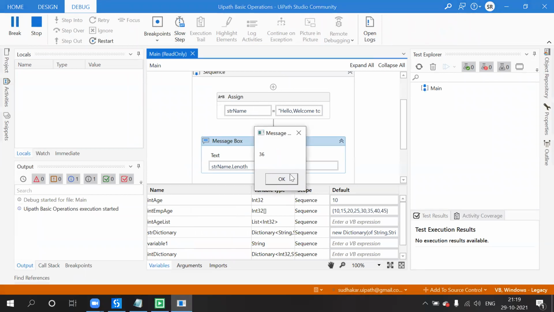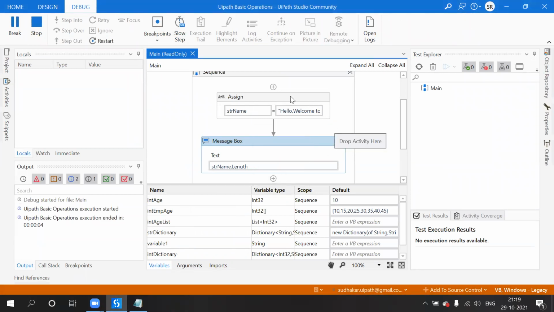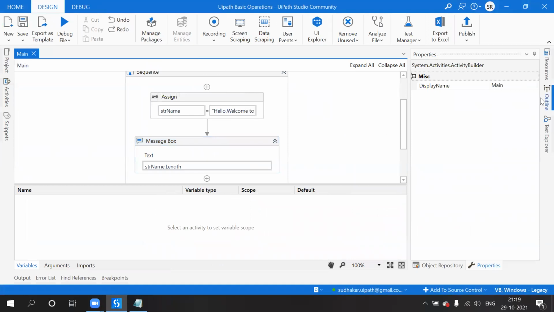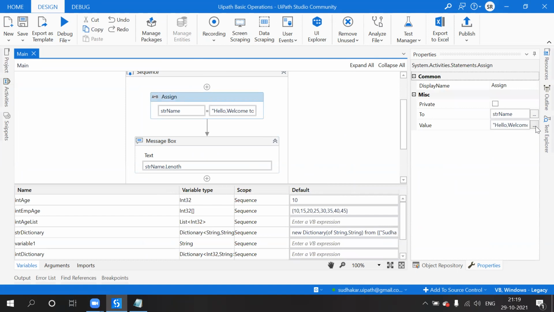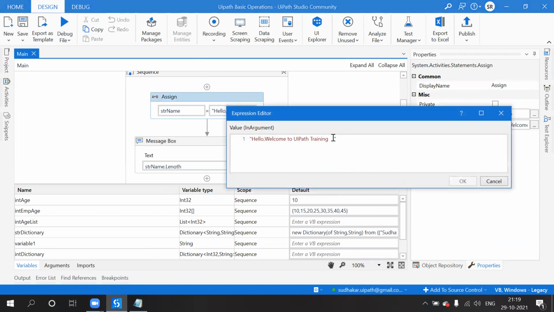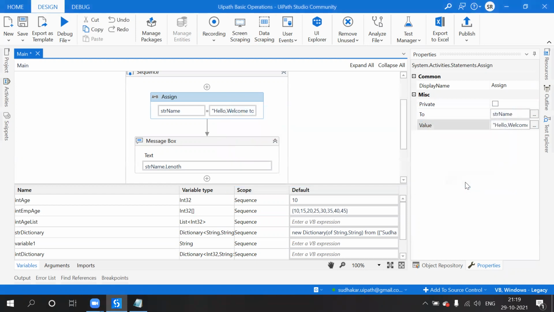So 36 is the length at present. Select this, now remove this space. Okay, so save it.